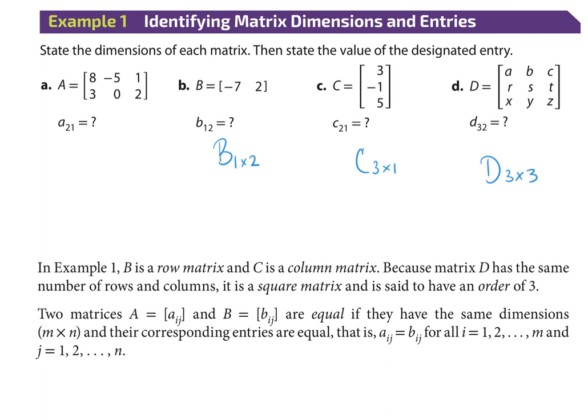Equal matrices have the same dimensions and the elements are the same. Corresponding elements means elements that line up with each other. So in order to have corresponding elements, you have to have the same dimensions, all right? Which is one of the rules that takes us into